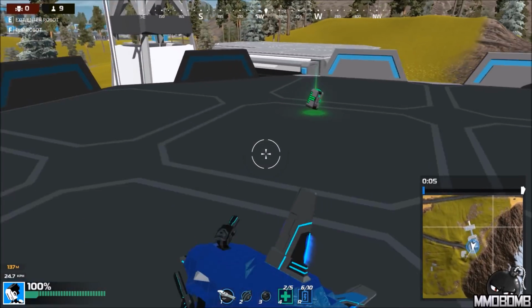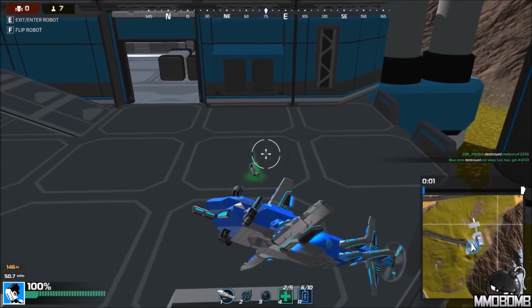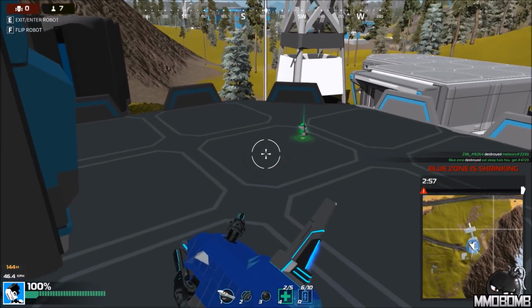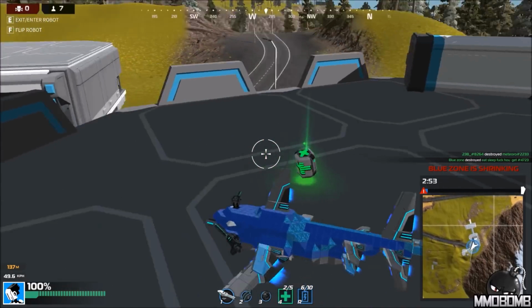And like this thing right here, I'm just trying to pick up this health pack. That's all I'm trying to do. I can't get this thing to turn at all. I mean, not even a little bit. I'm struggling, and I just want this stupid health pack so I can store it up in case I get